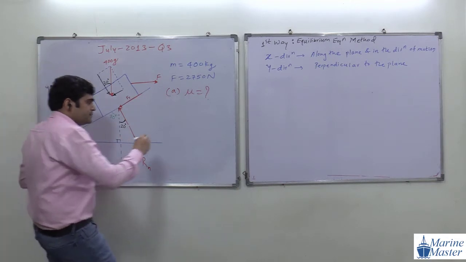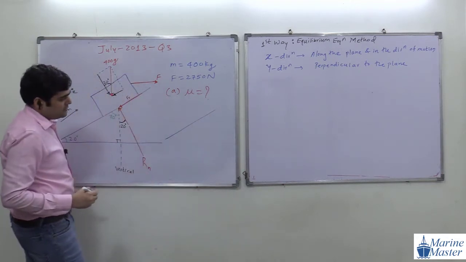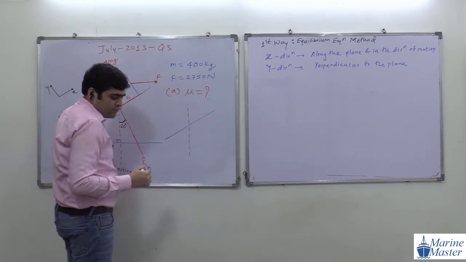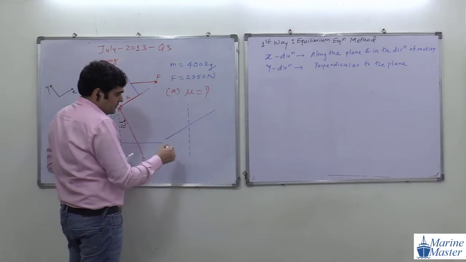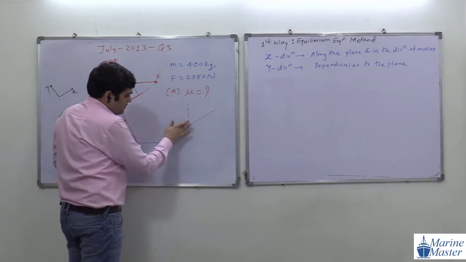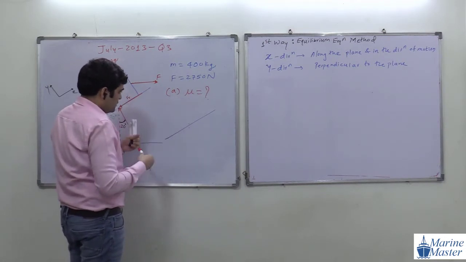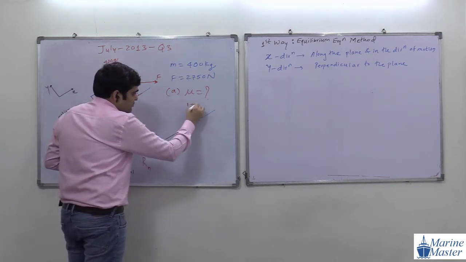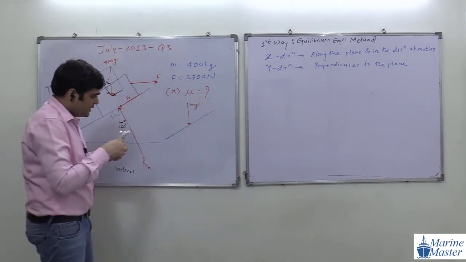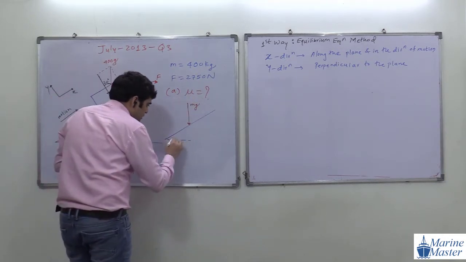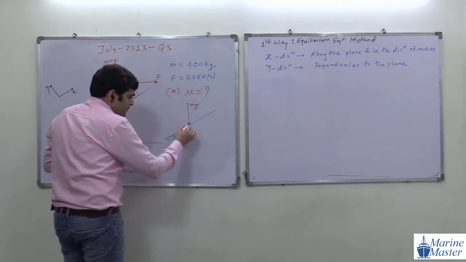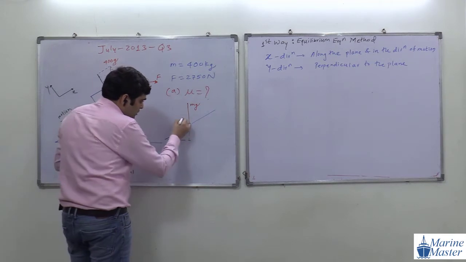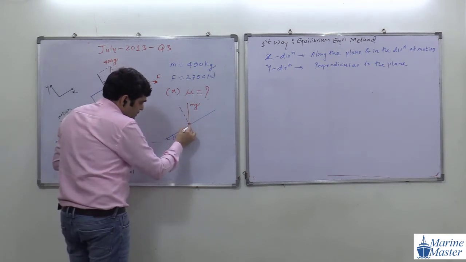See the point here. This is our plane. This is a vertical. This line is vertical, guys. Vertical line. Okay. See the point here, I am going to use this. This is the direction of our weight, that is our mg. See the point here. This is 20 degree. Now from this point, I am going to draw a perpendicular to the plane.